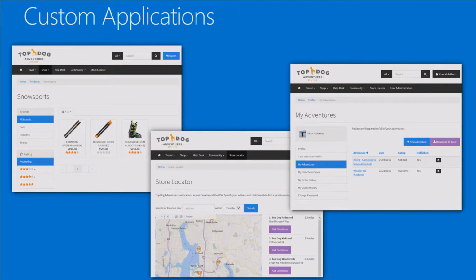So we have custom applications as well, and this is really the forte of the whole portal platform. We have the ability to present data. So in CRM, you're going to see a lot of grids, so rows and columns. It looks like a virtual spreadsheet. You can see the grid. You click on a row, and you can go into a form. That's really the motif that you see when you're editing fields in CRM. But on the portal, maybe you want to say, like on the left-hand side, show a list of products, but actually do it in a visual way with icons and make it look like a product catalog. Well, you can certainly do that.